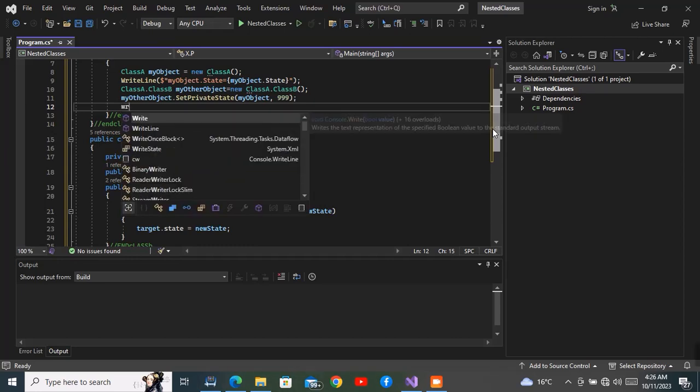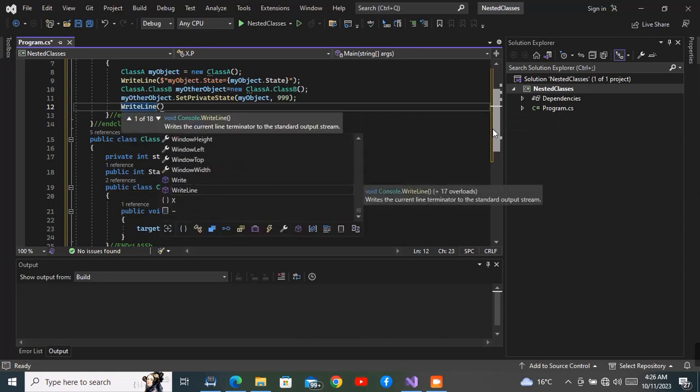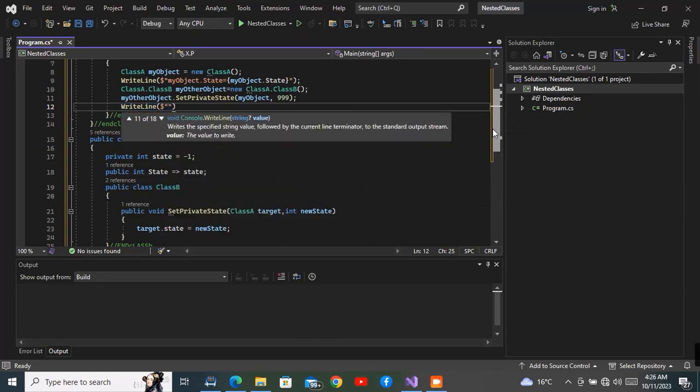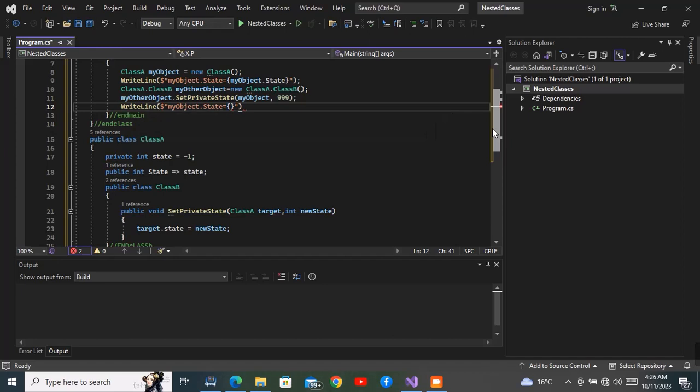Right, and then I will just have a WriteLine, and I will use interpolation once again. And what is it that I want to say there? I just want to say myObject.state equal, and I just want to say myObject.state. And there we are, and there we are. Right,